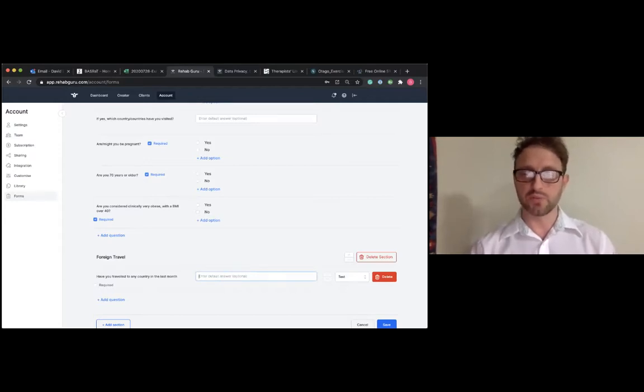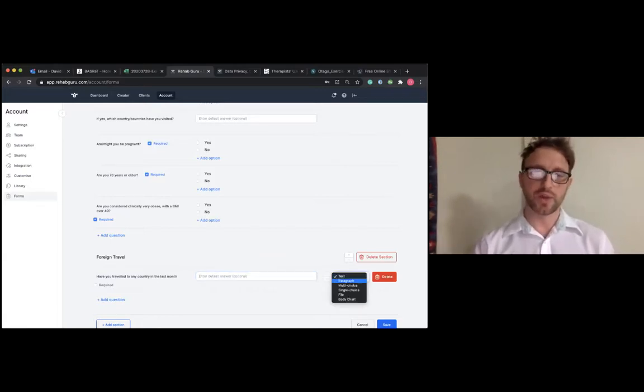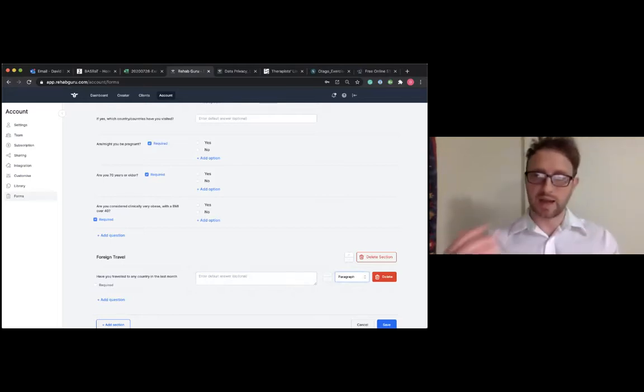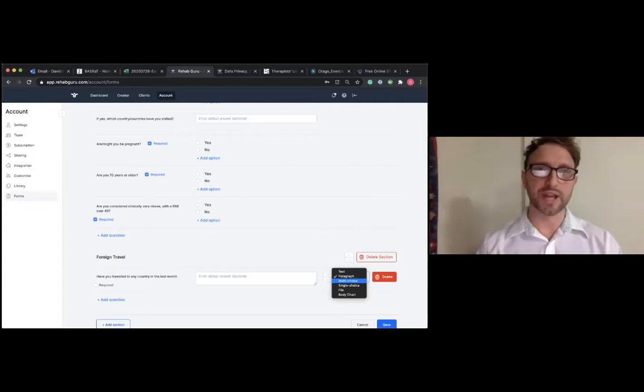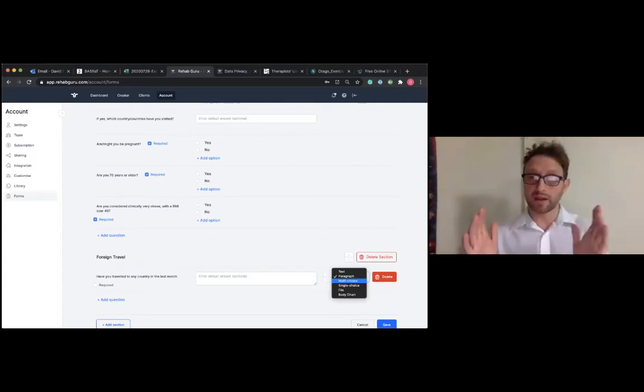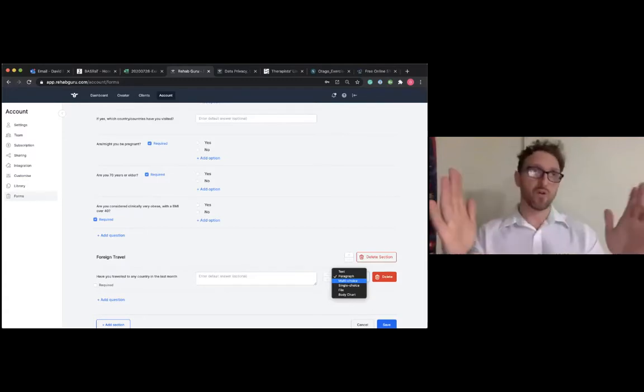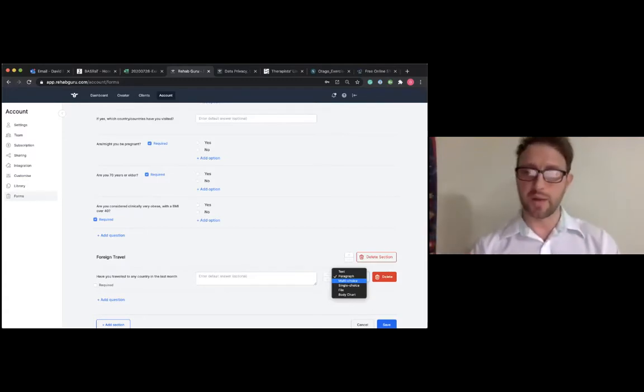So at the moment, we have a text box which the patient can complete, but there are other options to you. If you were to ask a more open question, you might want a paragraph, and that will allow the patient just to write lots and lots, whatever is relevant for them. Other options, if you were doing a questionnaire, or asking about pain intensity and you wanted maybe a Likert scale, 1 to 5 or a 1 to 10 for VAS, whatever it might be, then